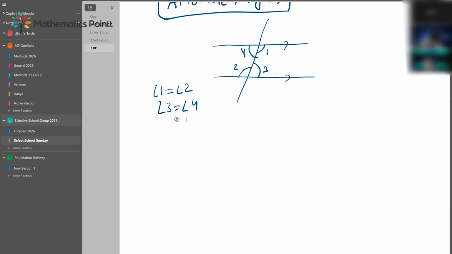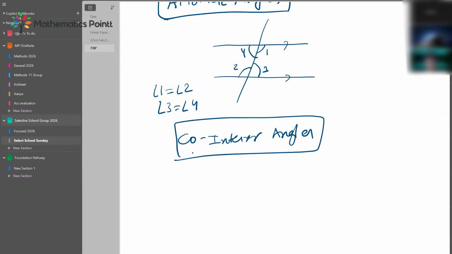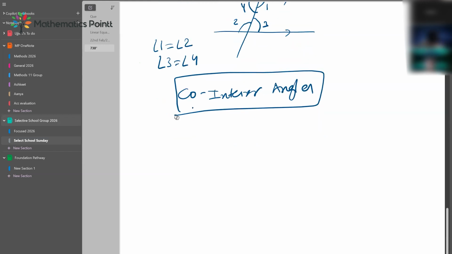The next one, co-interior angles. Let's talk about what this is. If the lines are parallel,